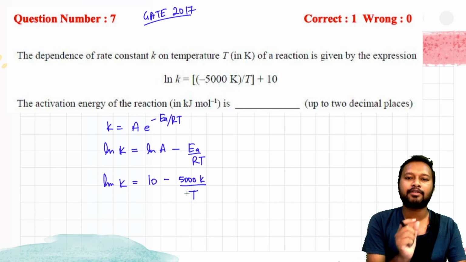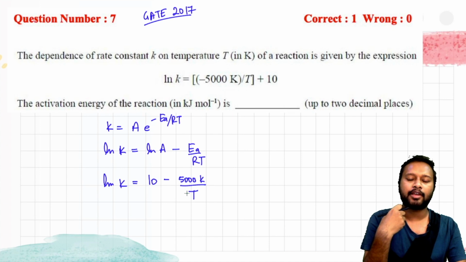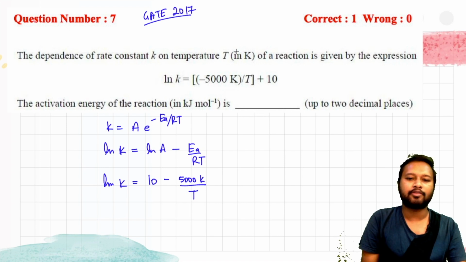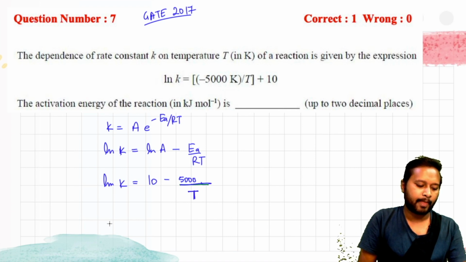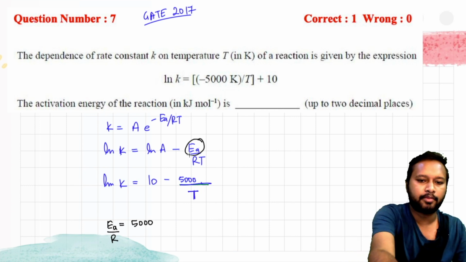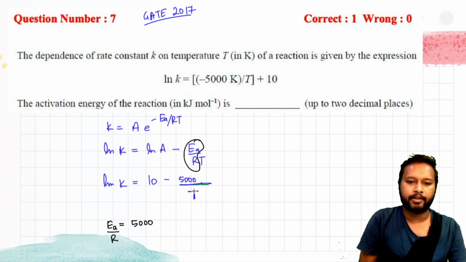Okay, just to satisfy the dimensional part of the equation, that's why it is written K. K is no constant here, so don't get confused with that K. You can just remove that K also, that is not going to harm in any way. So now you can just relate these equations. T is here, so you can relate both of them. So what you get from the relation is that EA, the activation energy upon R, is actually equal to 5000, just by relating these two.